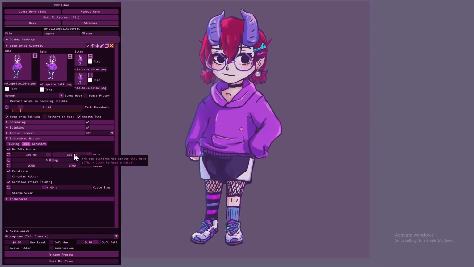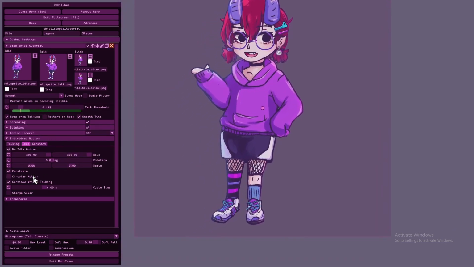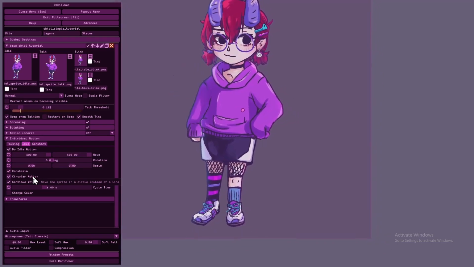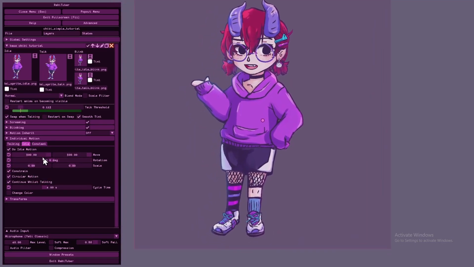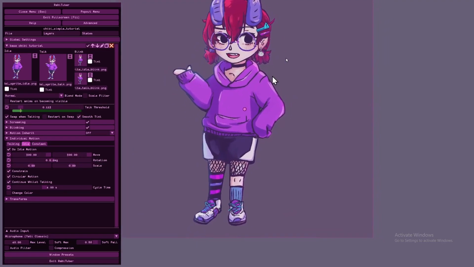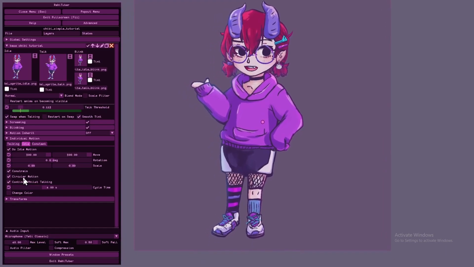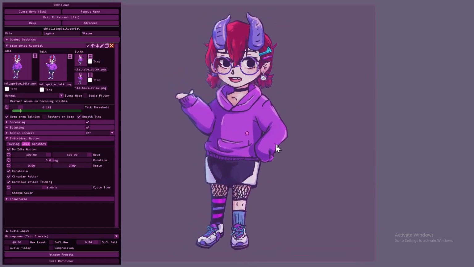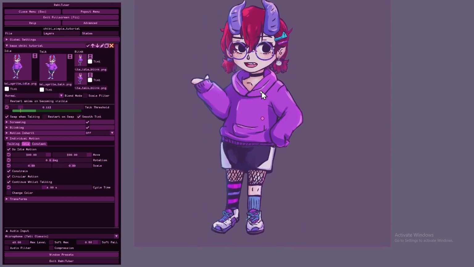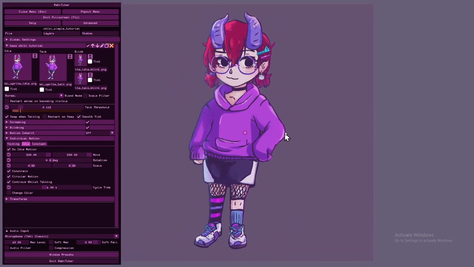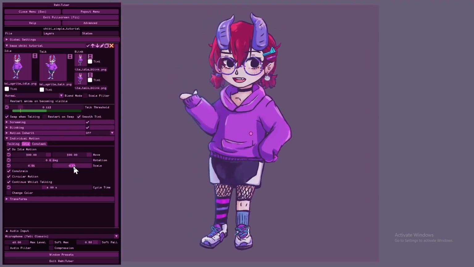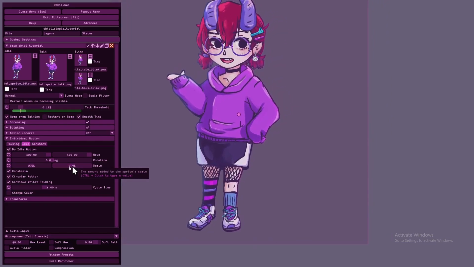So by default, the way that we move horizontally and vertically together is by following this diagonal path, this diagonal line. If we toggle on circular motion, it changes how that movement affects the layer. So we're still only changing this move value, the 300 horizontally and 300 vertically, but now we have a very different effect. We're moving around in a circle, which can have some really cool applications, honestly. I've messed around with this a decent amount and found some interesting effects that you can do by changing the idle motion settings while circular motion is on. This type of motion will also affect our physics later if we have that, so really interesting combinations of things you can do here.